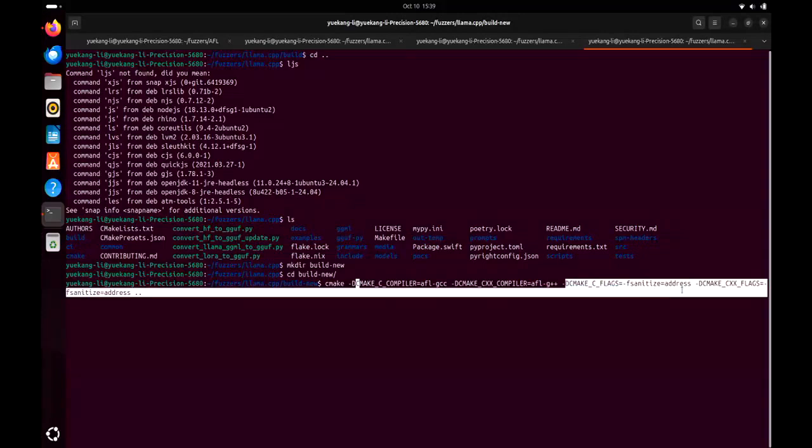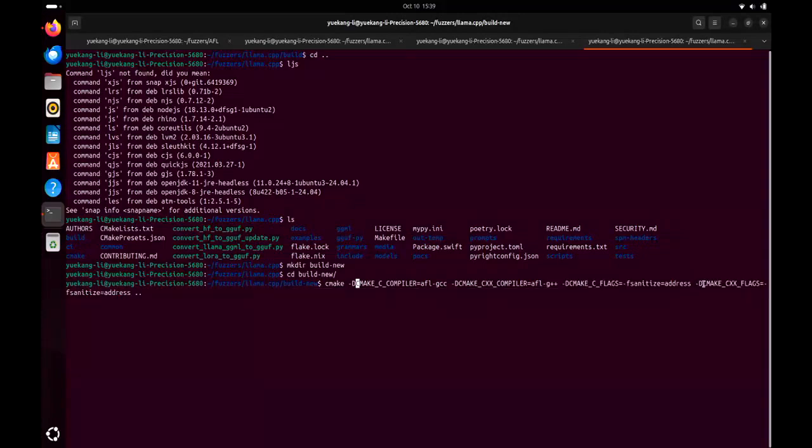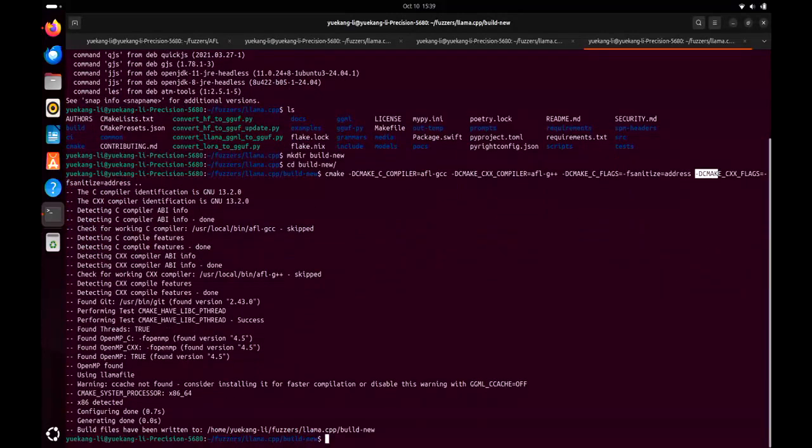And here are some flags for C and C++. They are just to use the address sanitizer, which I have been mentioning in our lectures before, and this is to make the fuzzer more sensitive to errors inside the program. We will learn more details about sanitizers later. But let's just use it for now. And so we can run CMake to create all the makefiles. And then we can run make